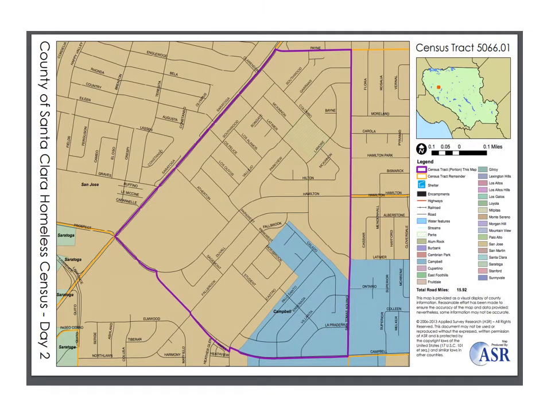All right, to start us off, I have an example of one of the maps that you will receive. This is a Santa Clara Homeless Census Tract map, number 5066.01. As you can see, there's a lot of colors here, and the census tract map area is outlined in purple. You'll see the maps with the surrounding areas. When you're out in the field, you are only supposed to cover the area within the purple